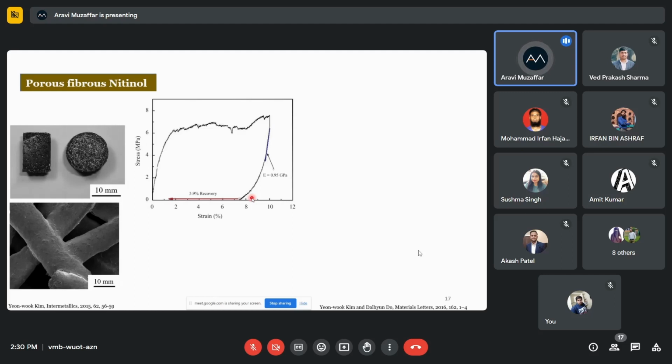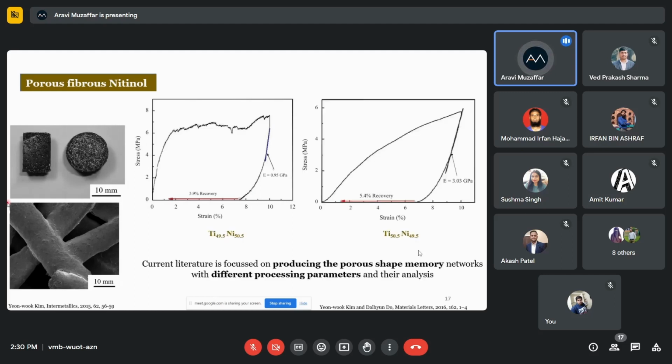So actually, the porous fibrous materials of nitinol are also made. As you can see, these are the compacts that are made from the fibers of nitinol, and you can see there's a bond. This shows fiber to fiber bond between the nitinol wires,